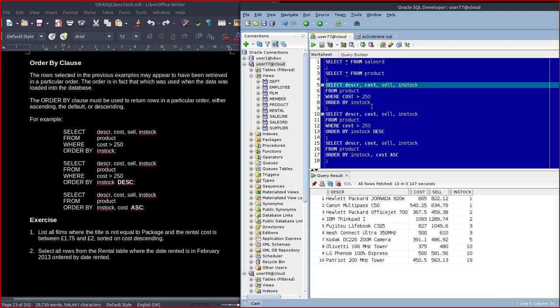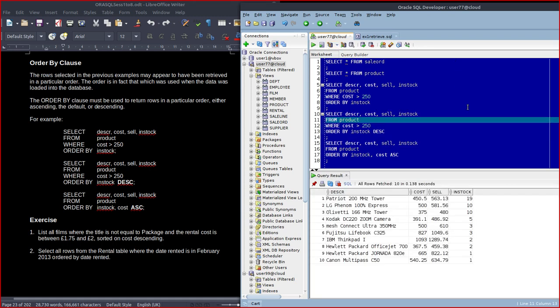So that has sorted the products where the cost is greater than 250 into order by in stock. If you want it descending, you put DESC, and that's why that column isn't called DESC, because it would clash with a reserved word. So I put an R on the end, and that one gives you the same thing the other way around,